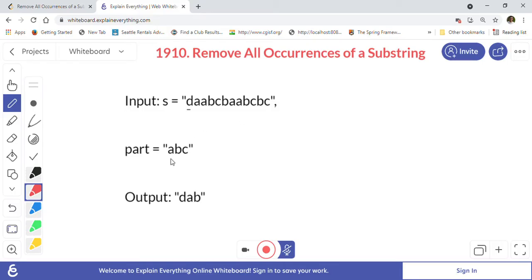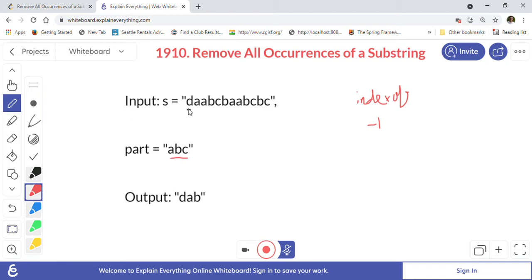We know what string we want to find: ABC is the string we want to find in this string. The indexOf method gives you the index of the starting point in the string, or if it's not there, it will give you -1.